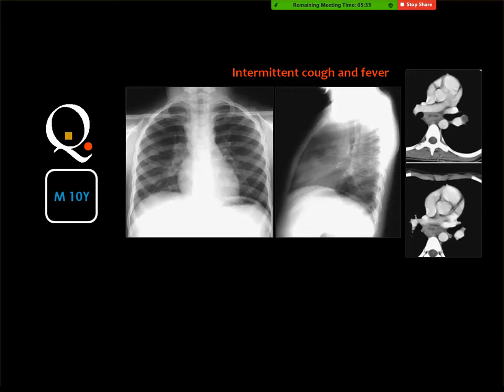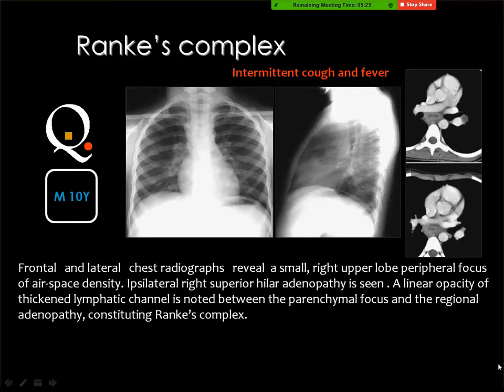Lymphadenopathy, bilateral. Yes. Could be sarcoidosis, could be TB. Then what? But with the cough and intermittent fever, it's TB. TB, yes. And you should consider TB as one of the differential diagnoses for lymphadenopathy in the pediatric age